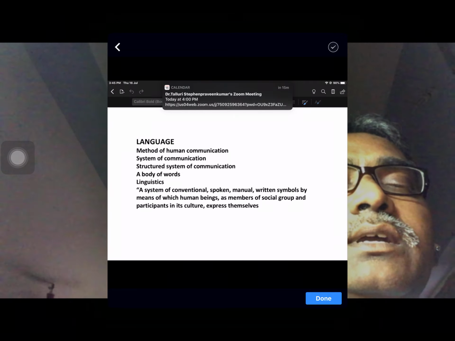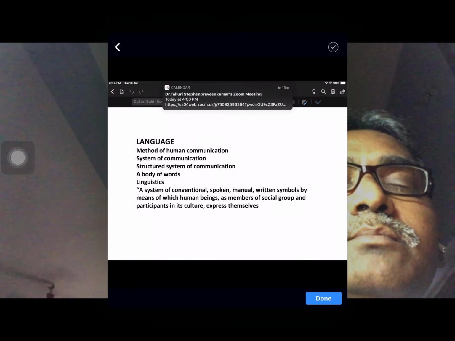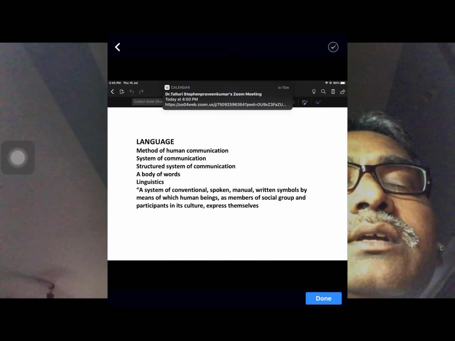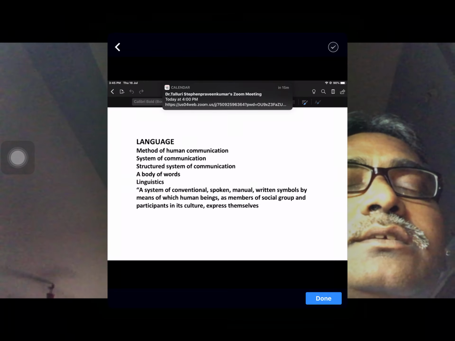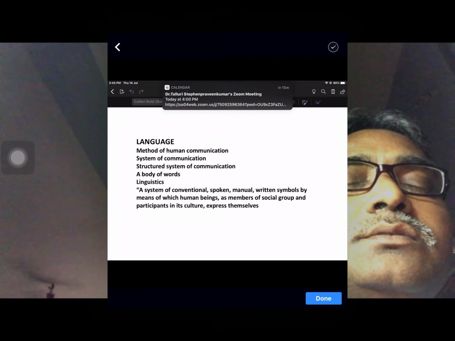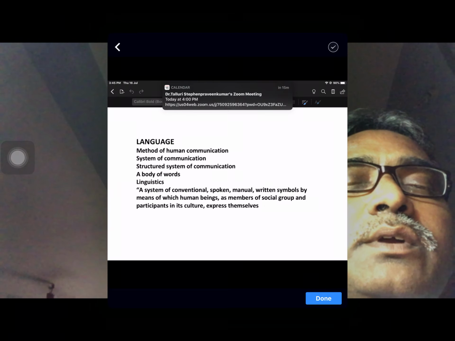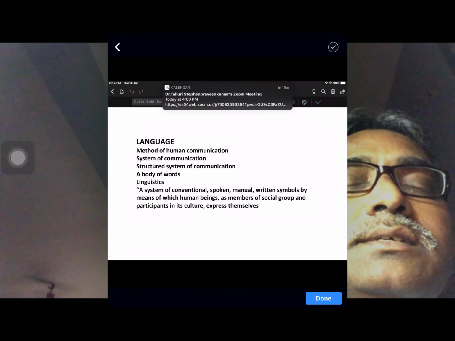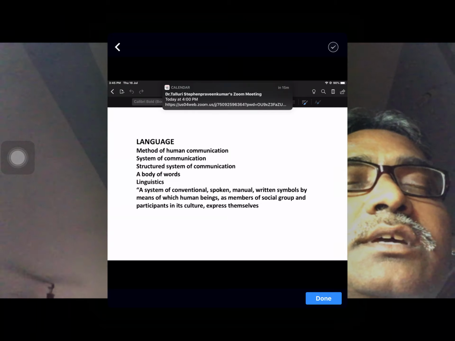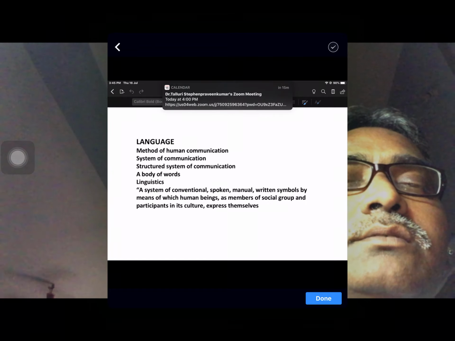Example, if you take a sentence, what is your name? What is your name? So it starts with what followed by the verb is. What is your name? Your is in the third position. But when you come to the answer, in place of your, you are going to use the word my. So my comes in the first position. Your name became my name is. Now the verb comes to the third position. My name is so and so. My name is XYZ. So in a question you have one structure, in an answer you have another structure.